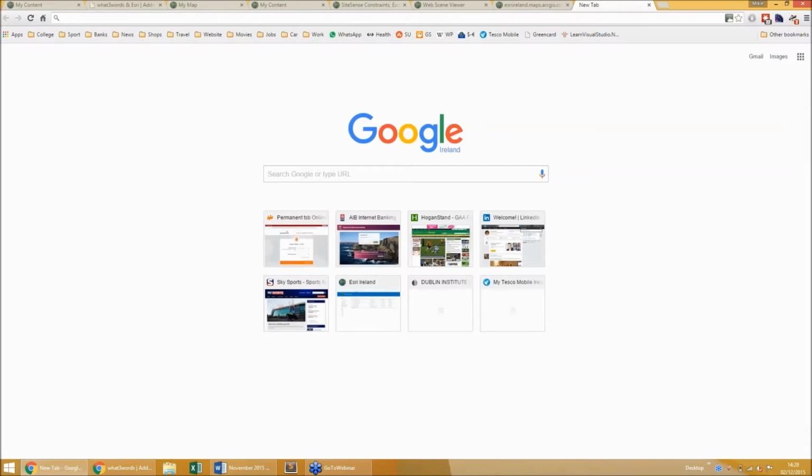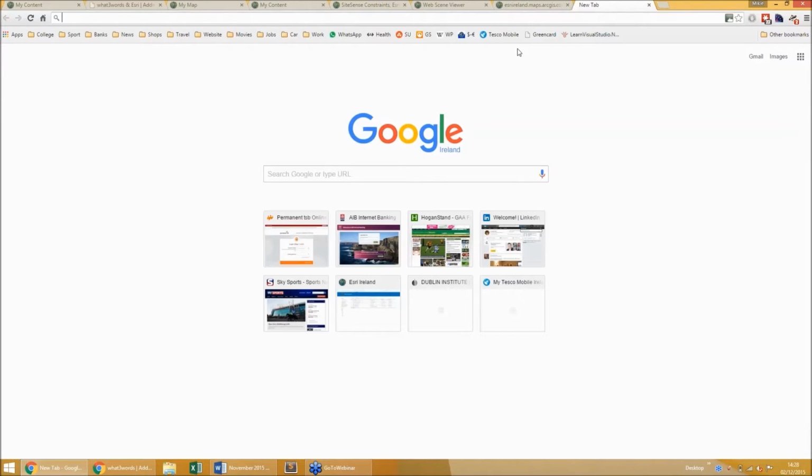Then I have this one here. This is for opening up a web scene. So if you have a web scene with that particular ID, you can just throw it in there and it'll open up the web scene viewer. The final one is just an item viewer, so you can view any ID from ArcGIS Online. You can just throw it in here, and you can check exactly what it is once you have the permissions to actually view it. So this can be really useful.